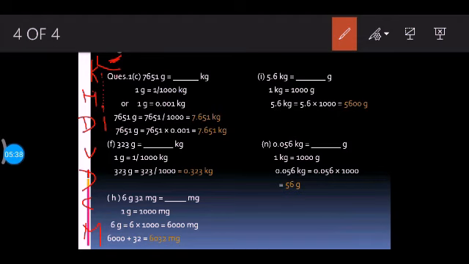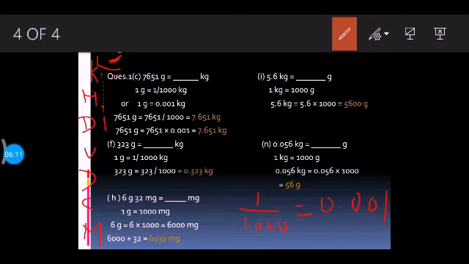So that means I have to move in upward direction. That means I have to divide. But how many steps I have to jump? 3 steps I have to jump. So either you can write 1 gram equals to 1 upon 1000 kilograms. Either you can divide by 1000 directly, or all of you know 1 upon 1000 equals to